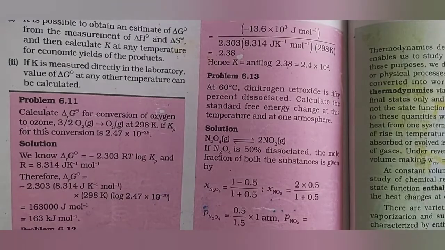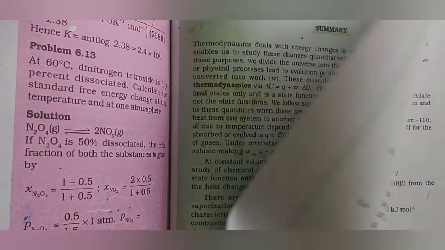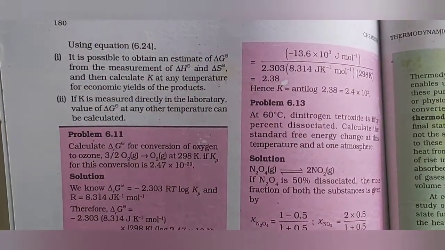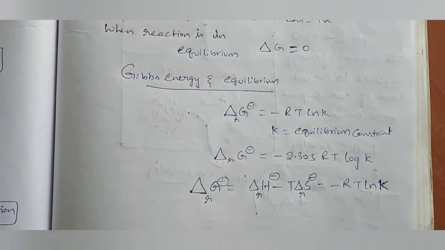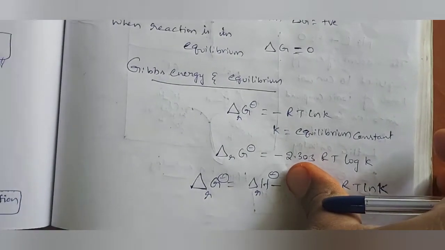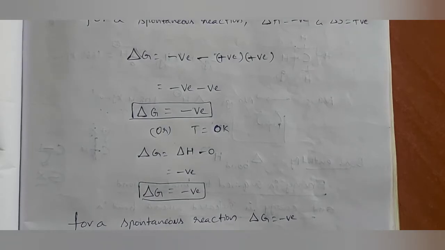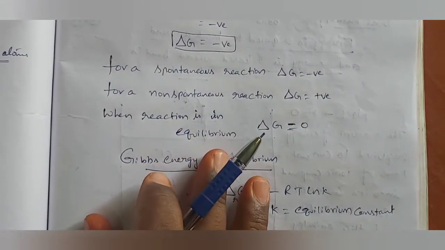So by this, delta G is completed, that is Gibbs free energy, and this is about the completion of the chapter also. Okay? This is called spontaneity of the reaction. By using this Gibbs free energy, we can estimate the spontaneity of the reaction. In what way? The final conclusion is this one. This is the final conclusion.